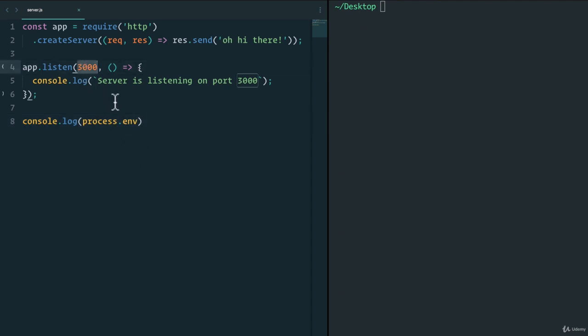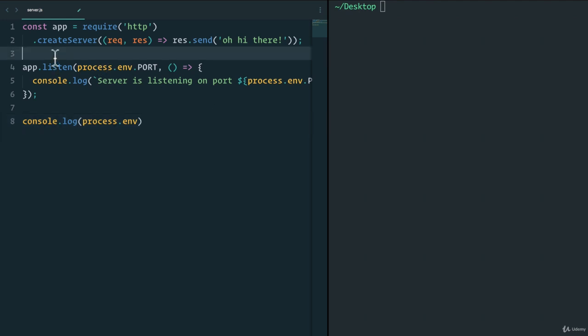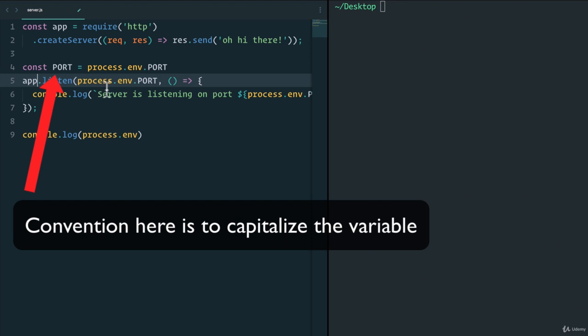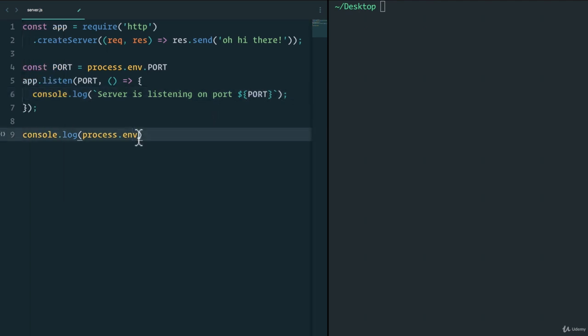With this now, we can set our own variables. If we wanted to set the port, for example, we can say process.env.port, and change this to process.env.port. And just to make this cleaner, we can just have port equal to process.env.port. So now we can remove the same call. Let's just console log here as well, just to make sure that we see it. If I run node